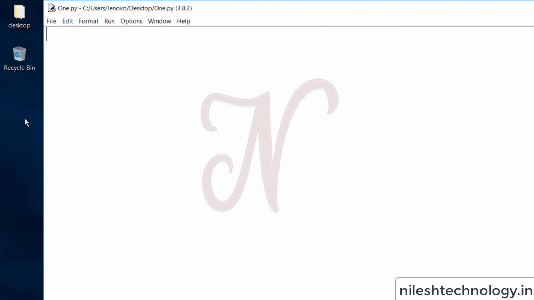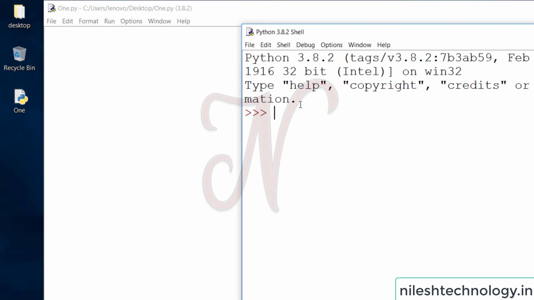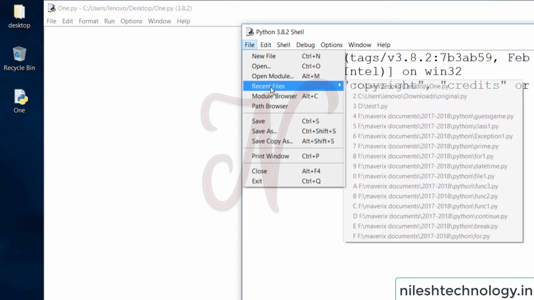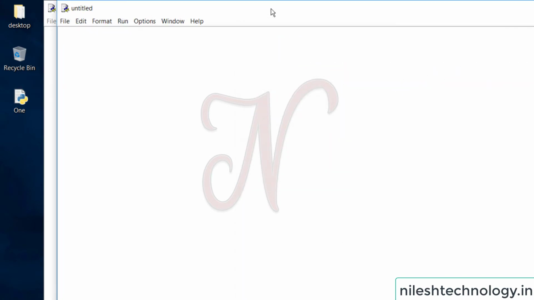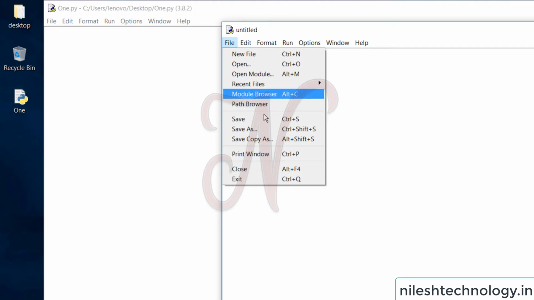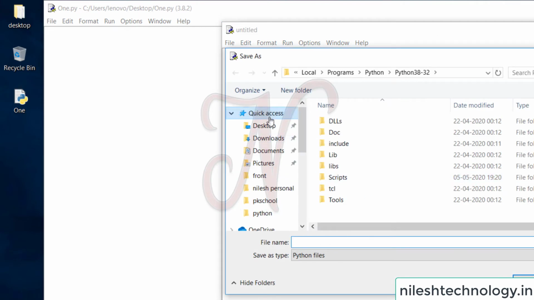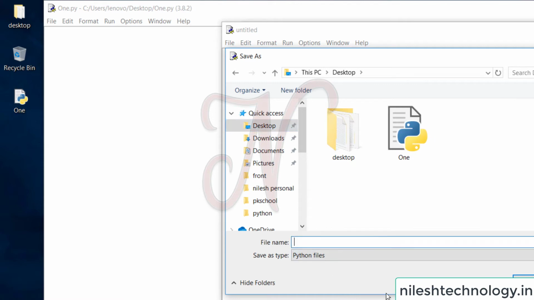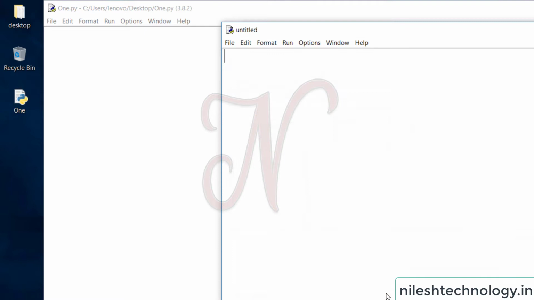See, here on the desktop one file is created. Then create another one: file, new file. Again save this file, save as, select location desktop. My second file is 2.py.